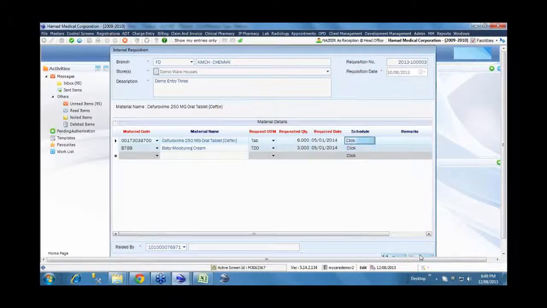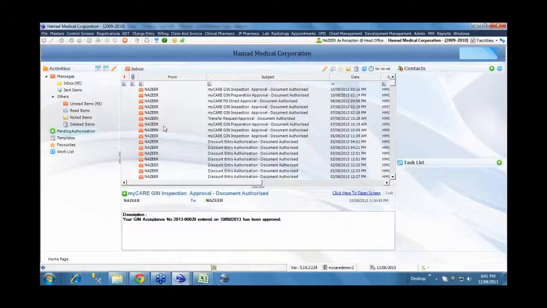So once the internal requisition is placed by the department user, whichever individual substore user is responsible for maintaining the stock within that particular substore, as and when the requisition is raised, this request goes to the respective department, in this case a warehouse, who are responsible for replenishing the stock or transferring the materials based on the request. We'll see what happens there. Okay, so I'm closing this internal requisition screen.